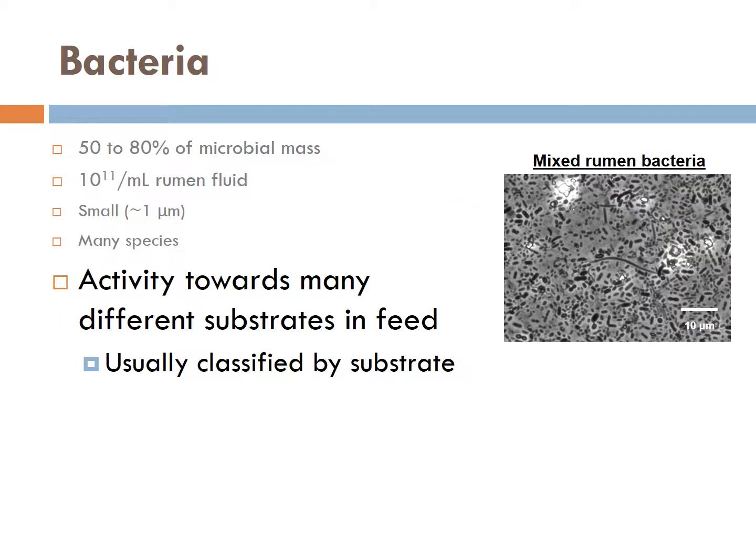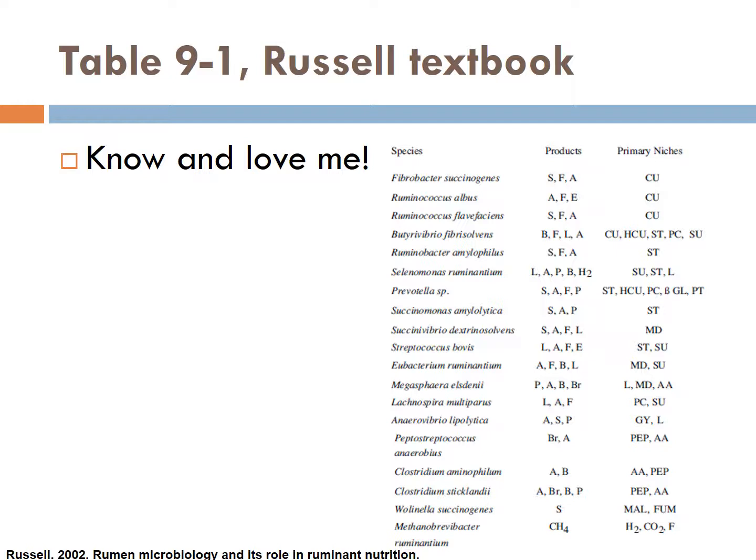As we mentioned last time, the bacteria have activity towards many different substrates in feed. In fact, they're usually classified or grouped according to the substrates that they use. Table 9-1 in the Russell textbook groups the species according to the substrates that they use. And as I have indicated here, you need to know this table in some detail. The table lists predominant species of cultured bacteria and their niches, their substrates. It also lists the products they produce. That is less important for our purposes. What's important to know are the species and their niches, and the remainder of the lecture will cover this in